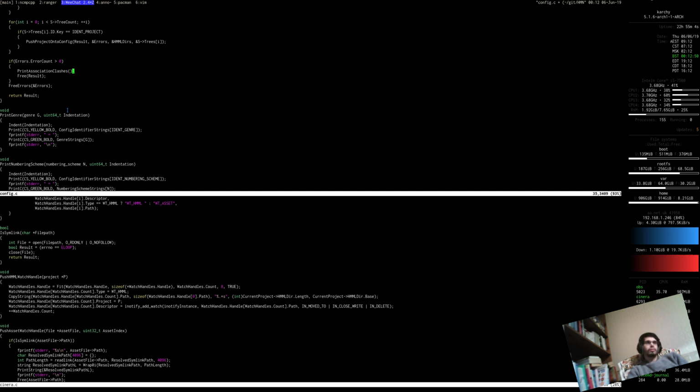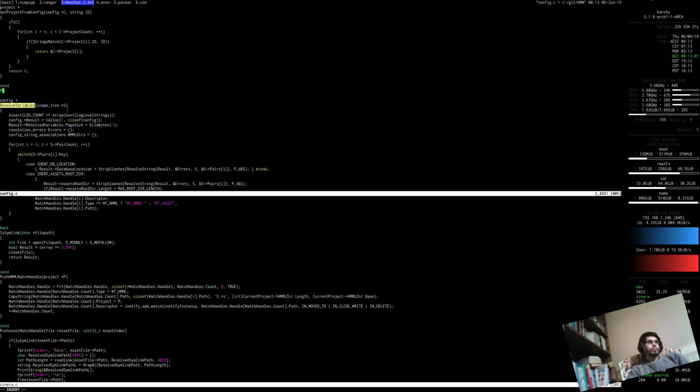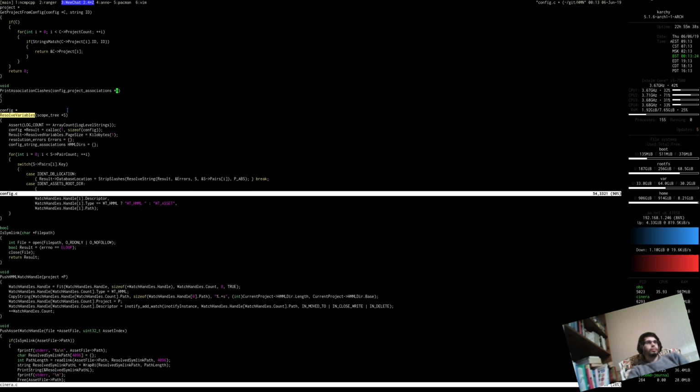Right. Print association clashes. So this doesn't need to print out the associations where there's only one project. It only needs to print out the ones where there's more than one. And interestingly, now that we're in this situation, this doesn't need to be specific to HTML dir, which is kind of interesting. Although we could make it say, right,